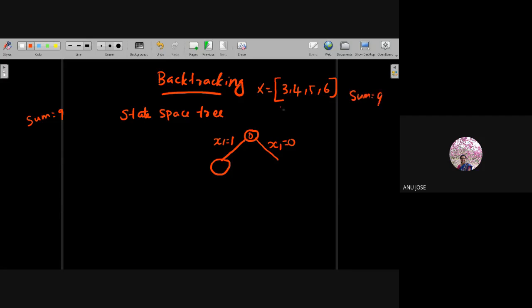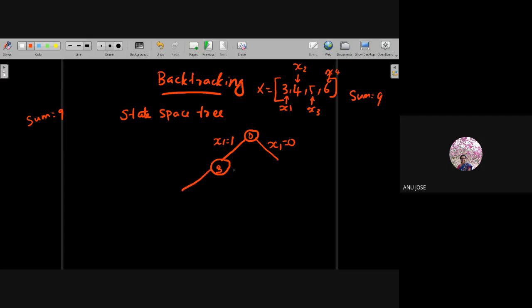So x1 is pointing to 3, x2 is pointing to 4, x3 is pointing to 5 and x4 is pointing to 6. Those are the 4 elements present in the set. So after adding my x1, what will be the total sum? The first element in the list was taken, so the sum became 3.